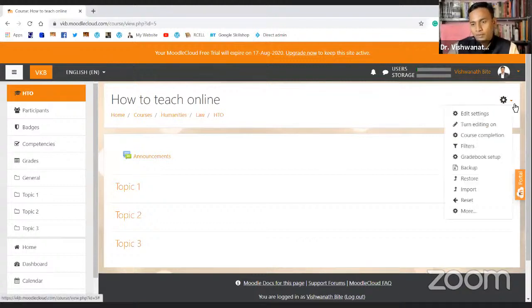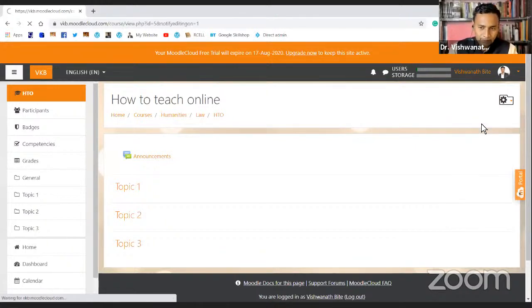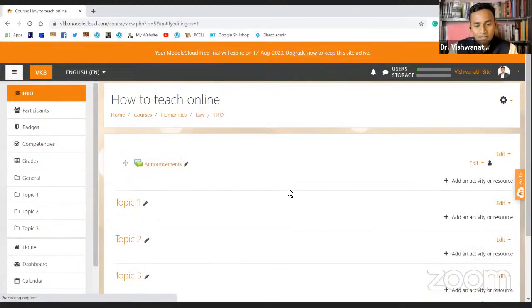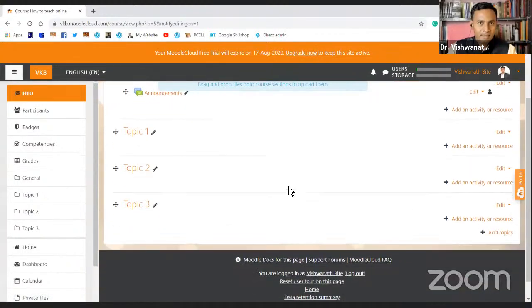First of all, you need to go to this gear icon, setting icon, which is at the right hand corner, and turn on editing, because we need to edit this entire skeleton structure so that we can create a course. So just click on turn on editing, and now this interface is ready to be edited.